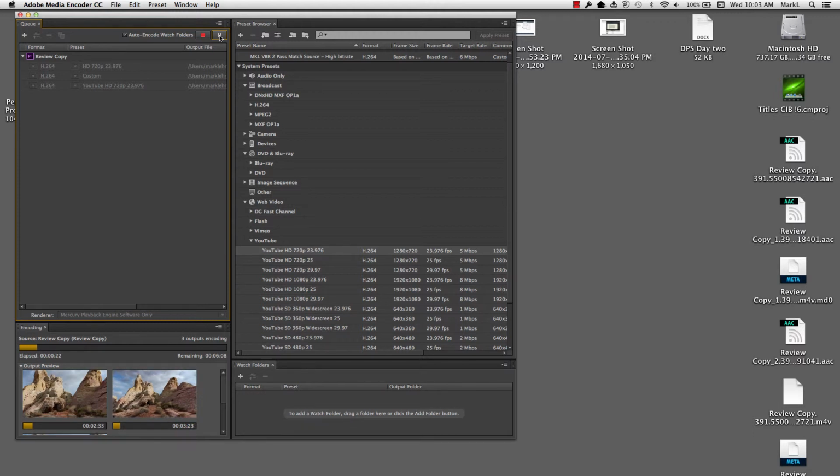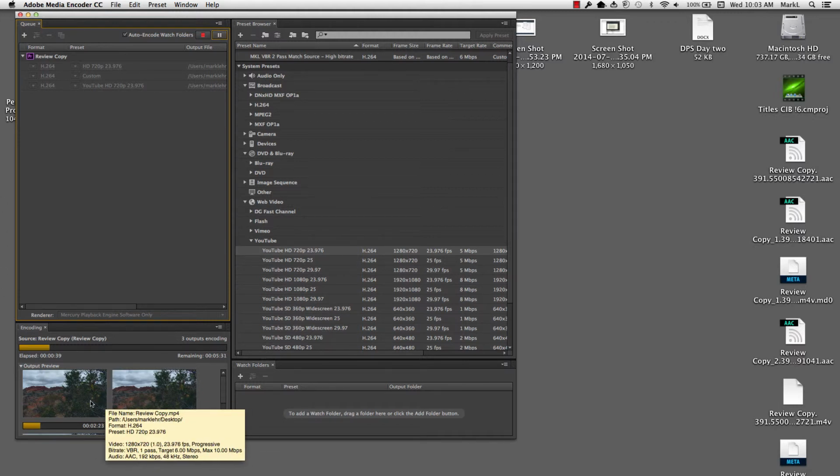This may be something I want to do just before I go to lunch, or maybe just before I go home, is to start this queue up and let it run. So you can see on the screen over here, it's giving me a little preview of how it's looking as it goes through this format change. While that's doing that for a couple minutes,